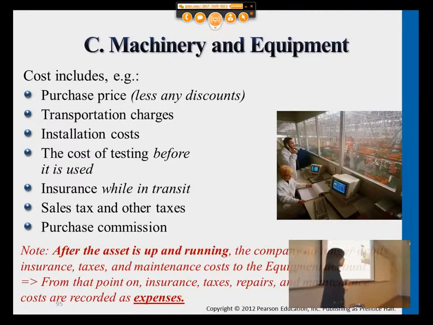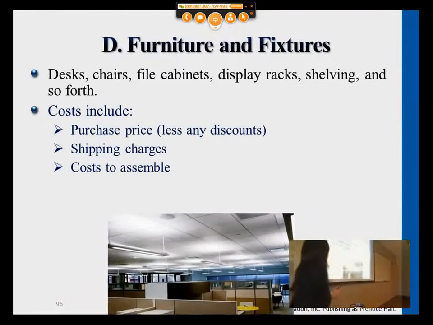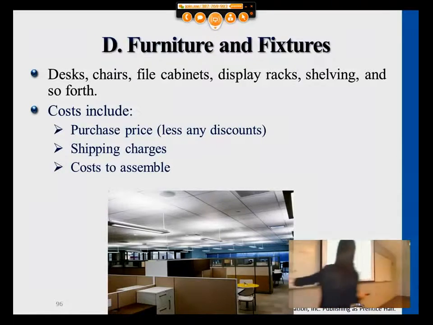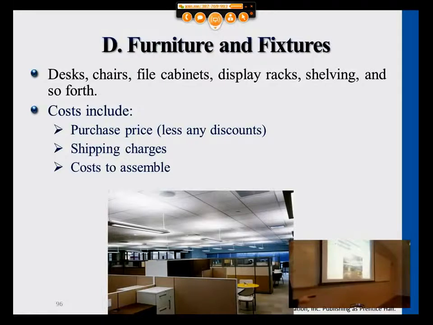Okay, so this is the difference of capitalization and expenses. So if anything is minor, we consider expenses. Anything that's major is part of capitalization of the asset, part of the asset's value itself. Okay, now for furniture fixtures, the same deal. Purchase price, shipping cost, cost to assemble, all of them, we add them together before the asset is being used. Any minor repair after that goes into expenses. Any money that you spend on major repair